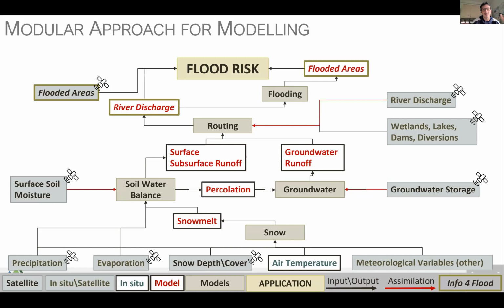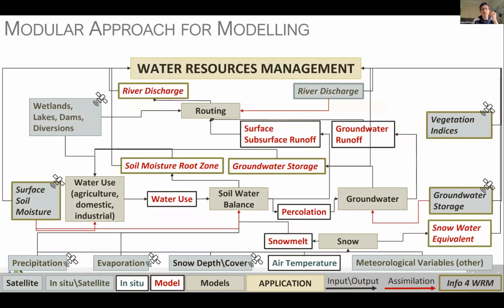And you can see that there are different components in the modeling system. Each of them requires some assumptions, some equations. And here the question is how to build this modeling system. The most important idea is that the modeling system is quite complex, and everybody should have access to it. A modular approach in which all the components are accessible to everybody who wants to contribute should be the main way forward. But it's not easy when we start looking at systems that are quite complex. And this is for flood risk. If you look at water resource management, it's even more complex.